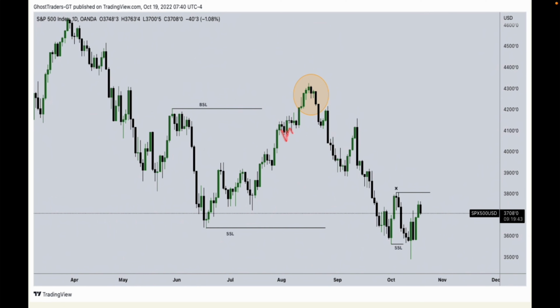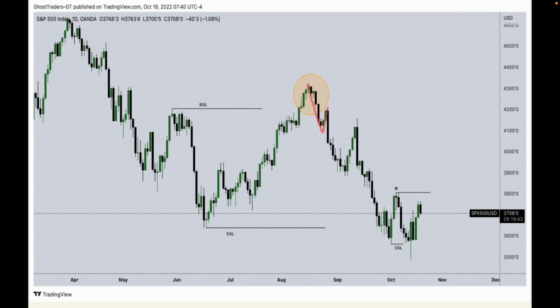We're not going to have any shift in market structure. So if price pushes down and we don't have any shift in market structure, we call that a retracement. So in this case, you can see that we have price pushing down,